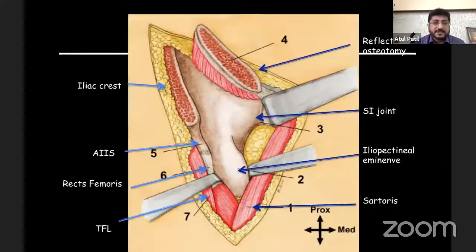So here we can see in this picture, this is the head end and this is the leg end, and this is the iliac crest. This is a reflected portion of the iliac crest for demonstration purpose. This is anterior superior iliac spine. If you come down, this is AIIS. Then you come down, then you can see this rectus femoris tendon, and in front of that you will see